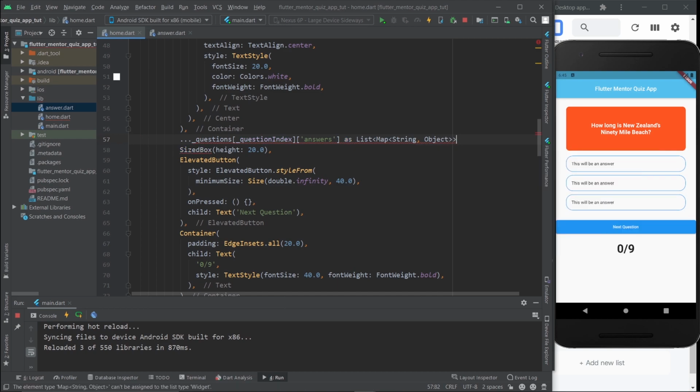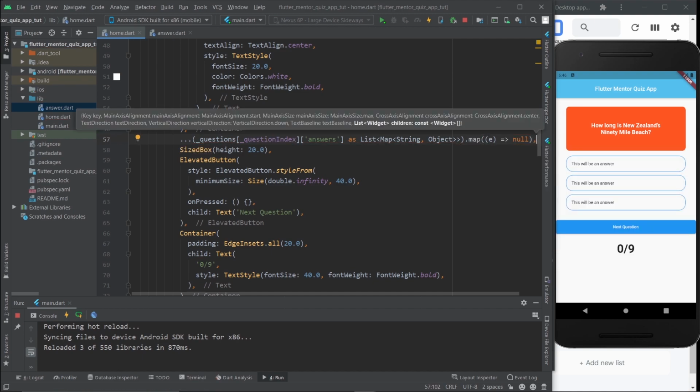But this still isn't enough, because what we need to do is iterate through this list. That's why Flutter is like, what are you trying to do? So what we need to do here is we use parentheses, and now we're going to iterate through it by using .map, like so. We just do .map, and let me just put in a comma here. And as you can see, the errors are gone.